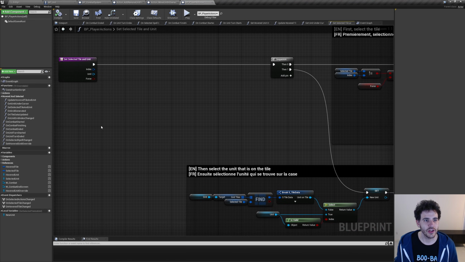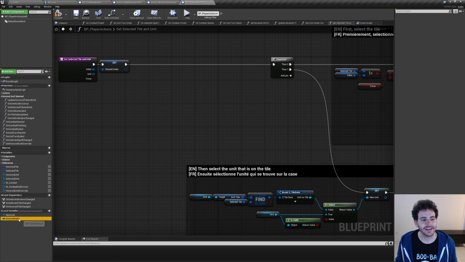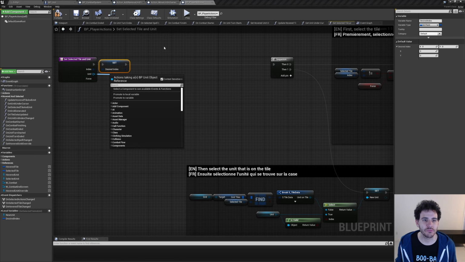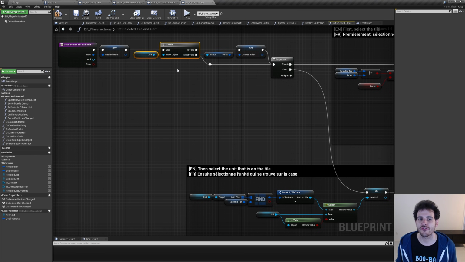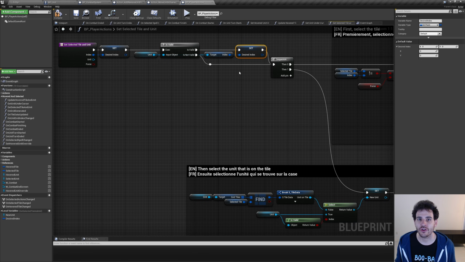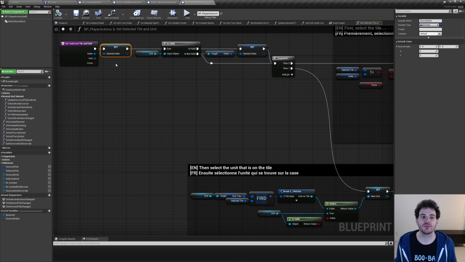So here I'm just going to need a little bit of space, so I'm going to do that right here. And the first step is just going to be to promote the index into a new local variable that I named the desired index right here, and now we have a variable that we can modify depending if we receive a valid unit as input, and that's exactly what we're going to do. If I receive a valid unit as input right here, I'm just going to check if my unit is valid, and if so, I'm going to use the index of that unit to set the desired index back. Otherwise, I'm just going to use it as is, which is going to use the index we receive as input directly. And now the last step is to simply use the desired index instead of the index we received as